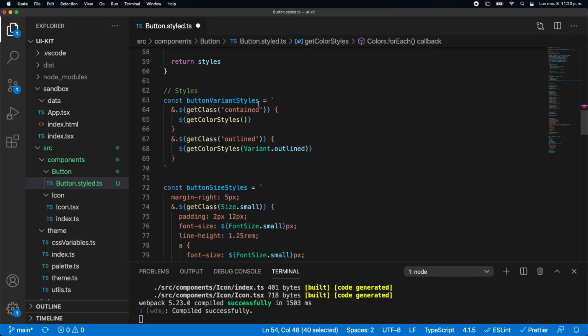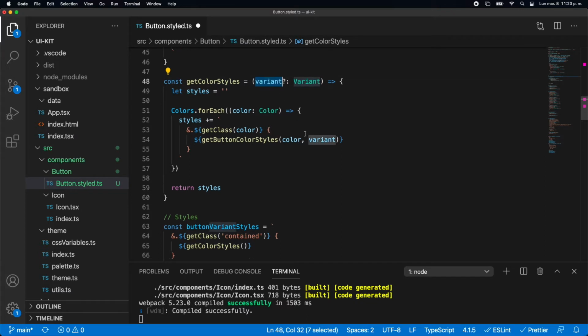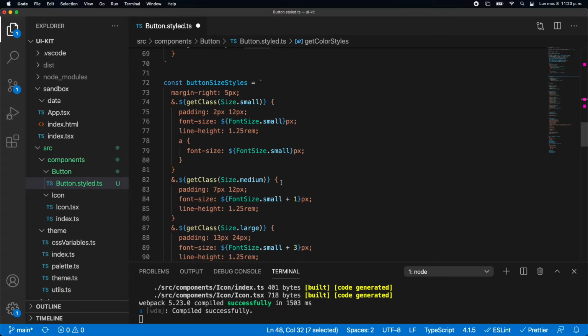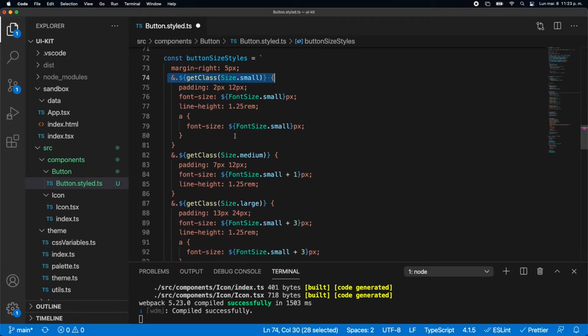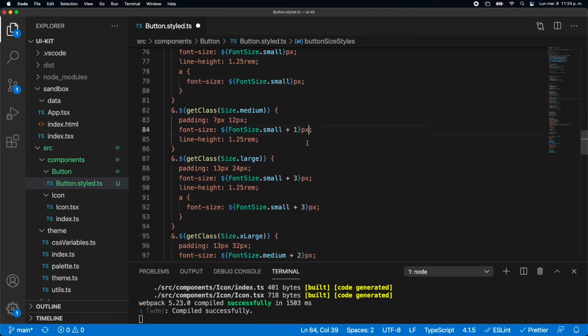The button variant styles: if we have the class contained, we pass that one, and otherwise if it's outlined, we just pass the variant outlined. If you see here, basically we pass the variant. The button size is to change the size of our button. We have a class for the size small, a class for medium, and depending on the size it's going to change the padding, it's going to increase, and also the font size is going to increase depending on that,